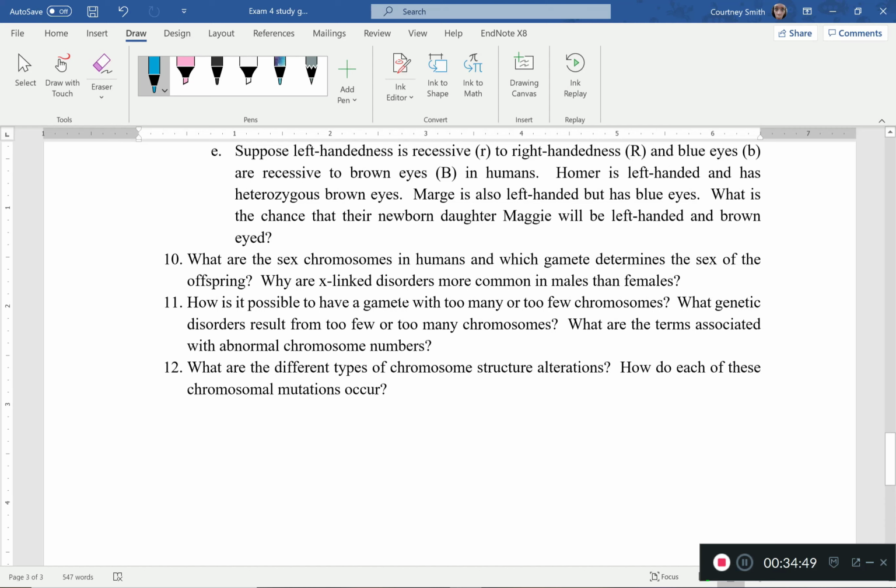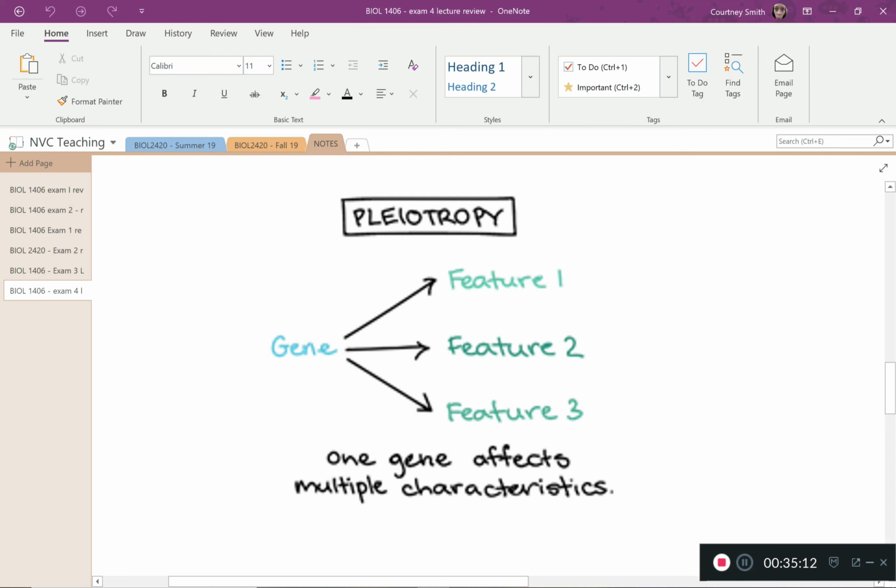So question number 10 asks what are sex chromosomes in humans, which gametes determine the sex chromosomes of an offspring, and why are X-linked disorders more common in males than they are in females. So let's answer the first question. What are sex chromosomes? Sex chromosomes are the 23rd pair of our